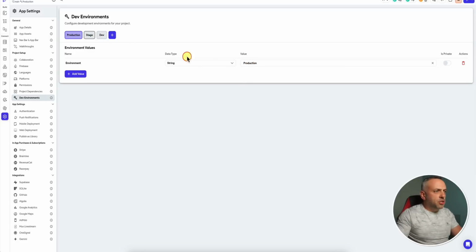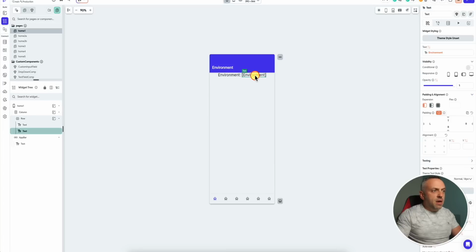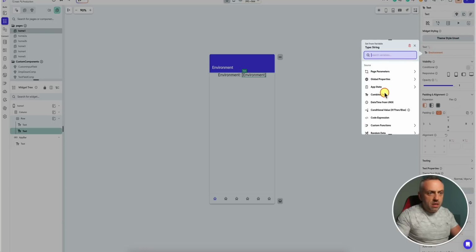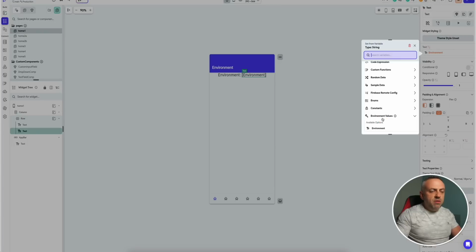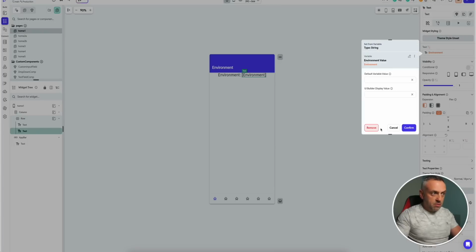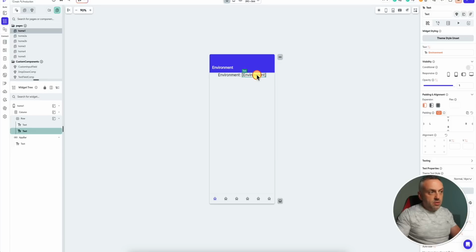So for production, it's production. If you go into stage, it's stage. And if you click on dev, you're going to see development. And then in my app, I can display this value by simply clicking here, scrolling down this familiar screen, and then you're going to see all the way at the bottom, environment values. And this is our variable here. So I can simply select it,